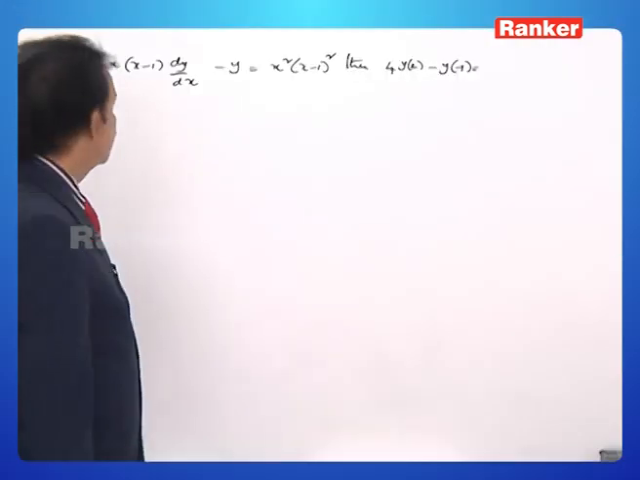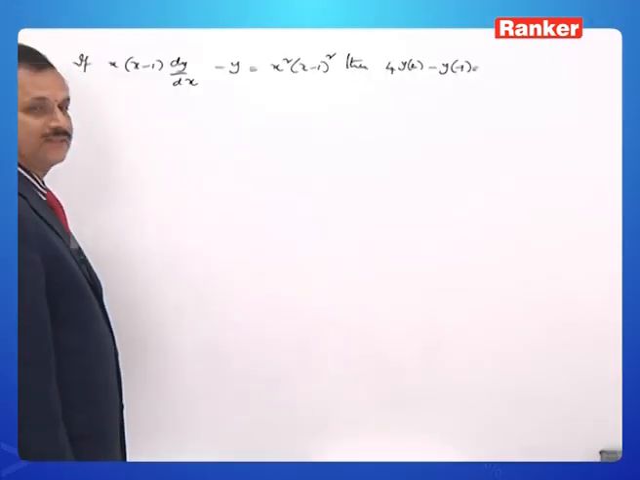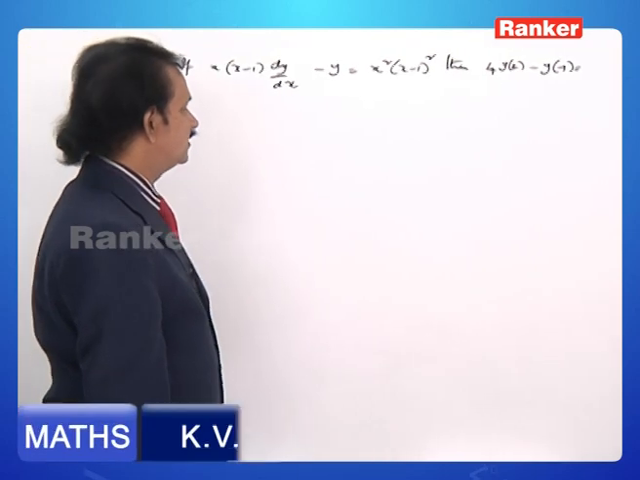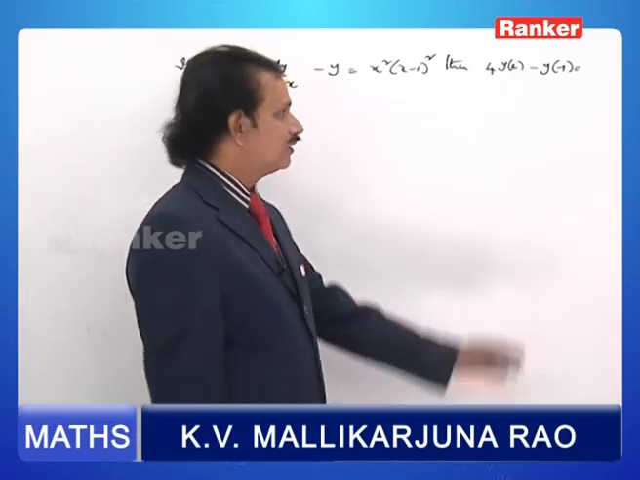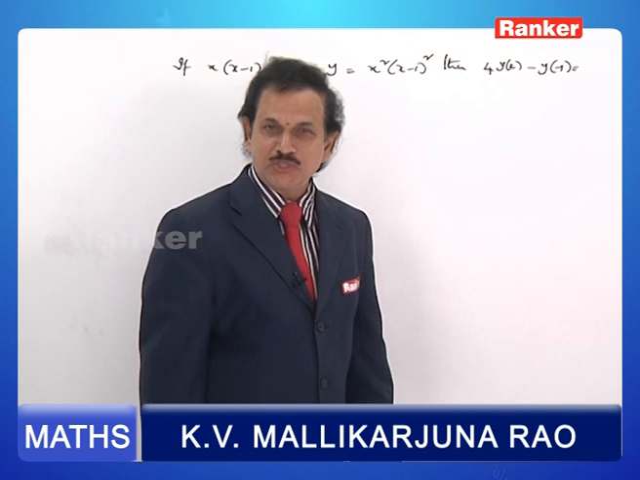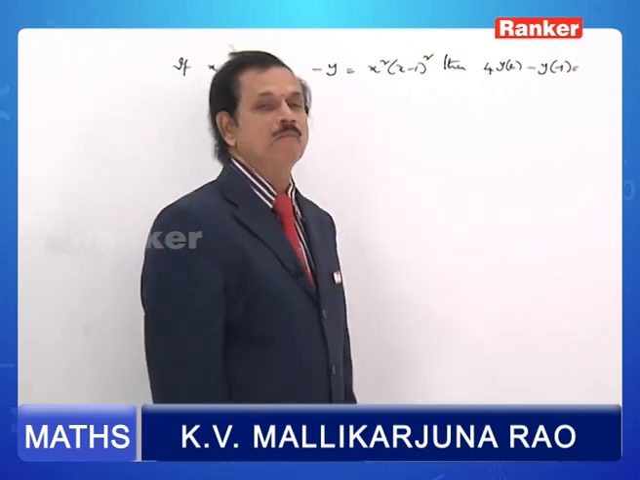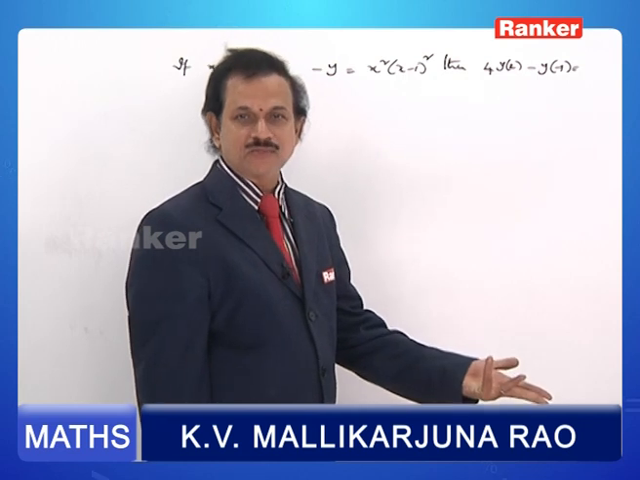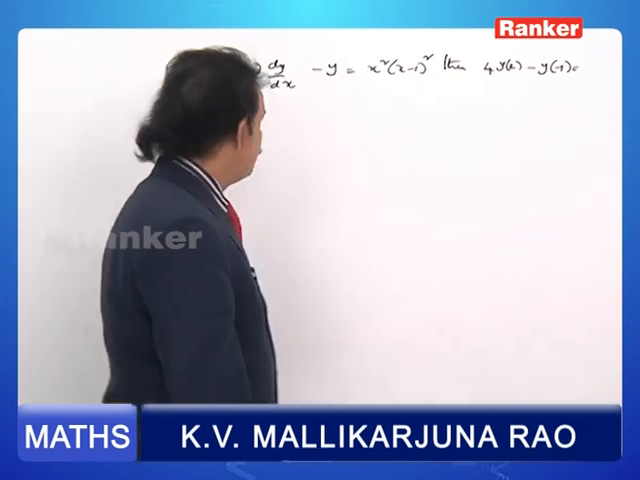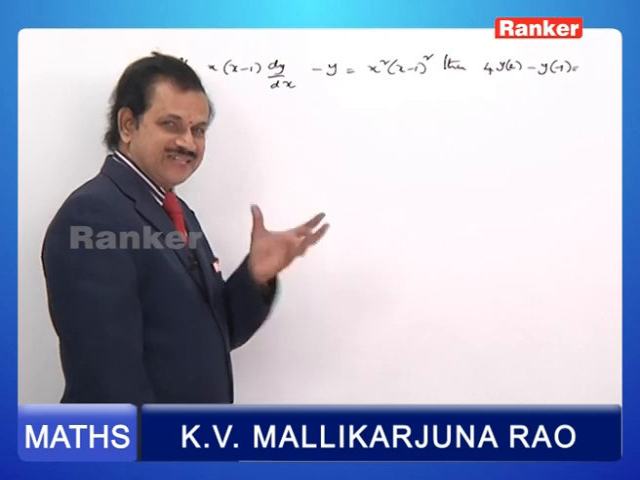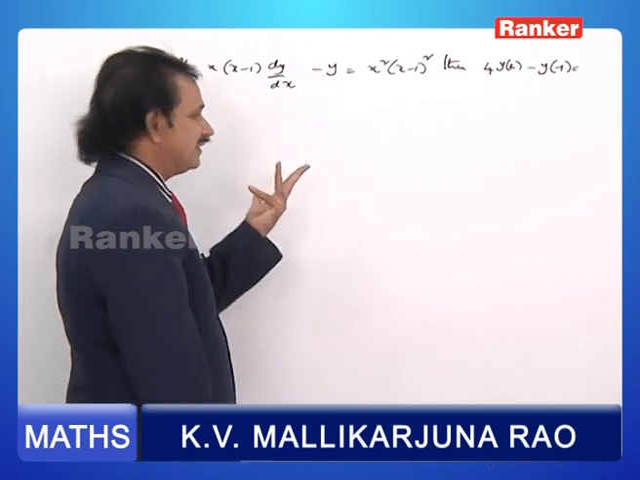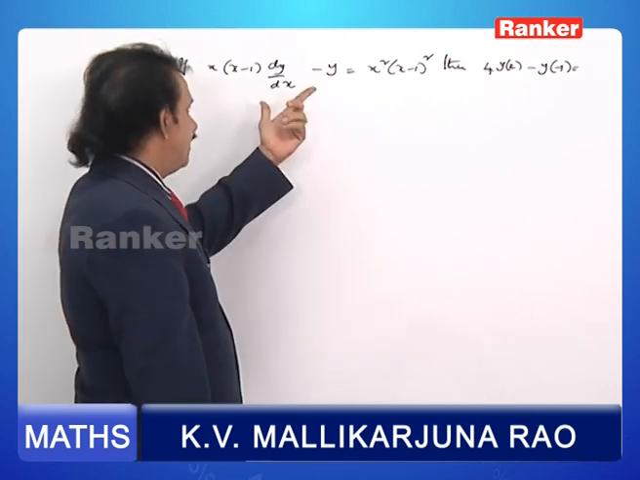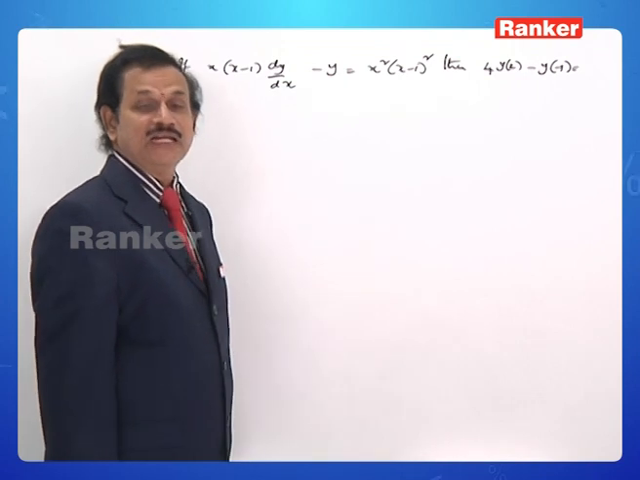The next question is x(x−1) dy/dx − y = x²(x−1)², then 4y(2) − y(−1). Its value is supposed to be obtained. One can easily get the idea of obtaining this into the form linear in